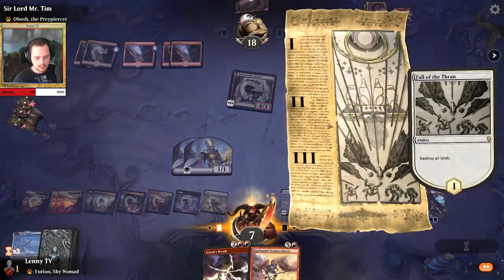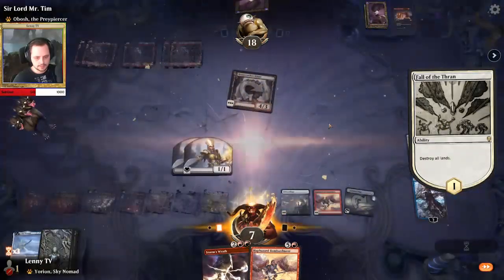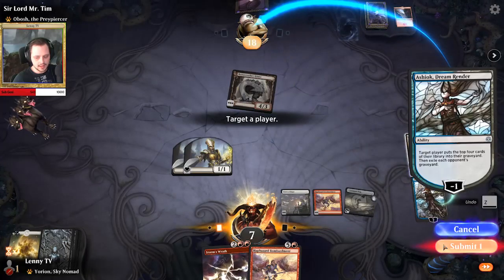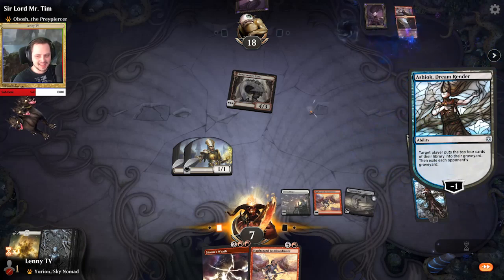We're gonna cast this, destroy all the lands. We are going to exile his graveyard. This way only we get back our lands, and he...